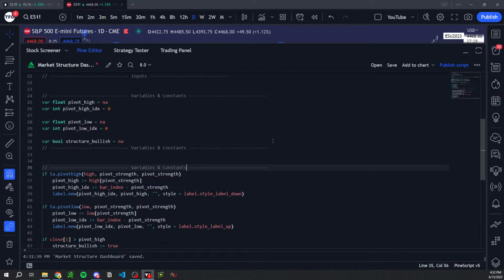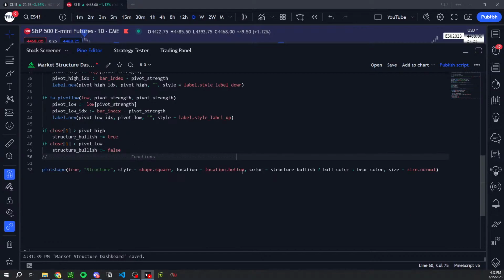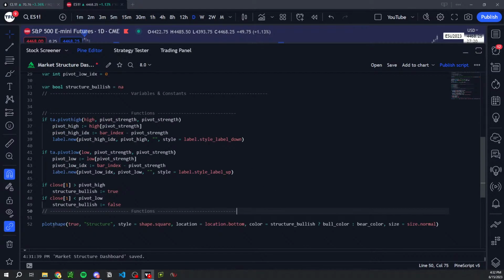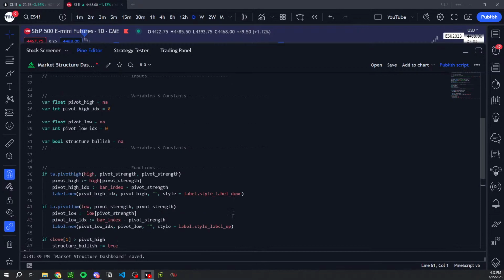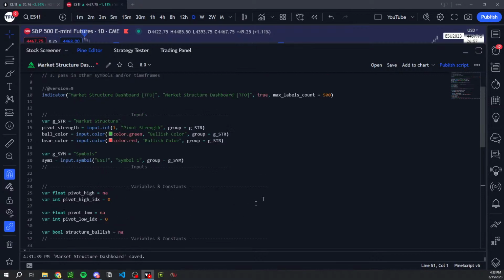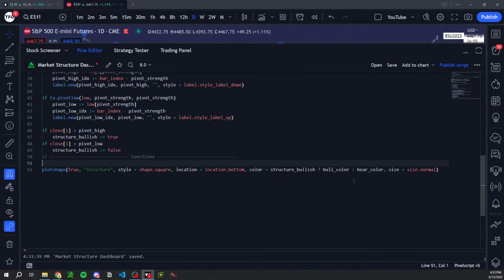This is ultimately going to be a function, so I'll call this functions. So this is only going to work for the current chart. Maybe we can just already start working this into a table so it's a little easier to see. Yeah, Thomas, I think I'm gonna do both: different symbols and different time frames. So let's put in a table somewhere